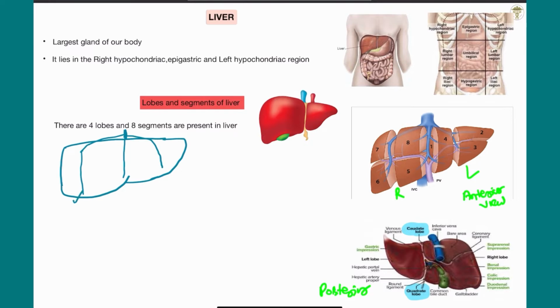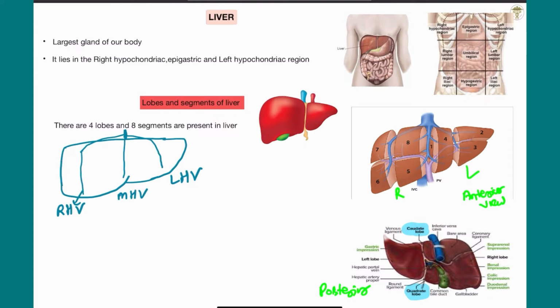It is the right hepatic vein of the liver. This is the middle hepatic vein, and this is the left hepatic vein. There are three veins present in the liver: right hepatic vein, middle hepatic vein, and left hepatic vein. These divide the liver into the